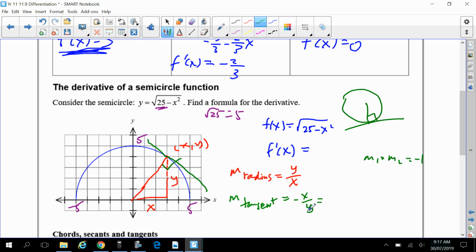That's in terms of y, it's not very good. I want f dash of x in terms of x only. Well, it's just the answer staring at you. Okay, get the idea? So that's the formula. And we'll learn how to prove it after this exercise. But for now, just be satisfied we can only find the gradient of the semicircle and the